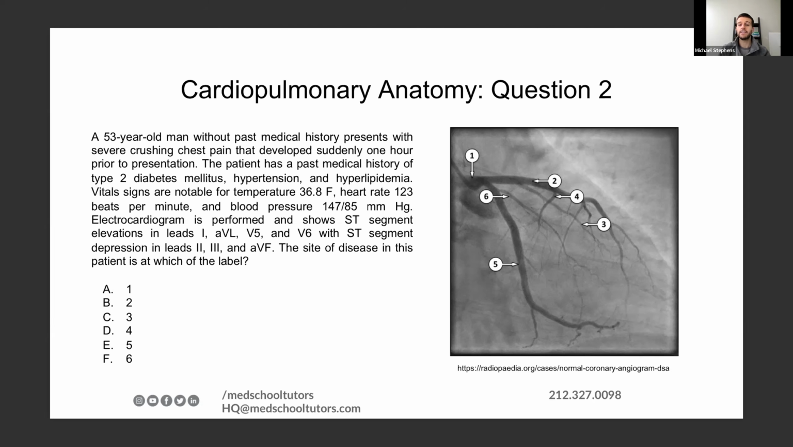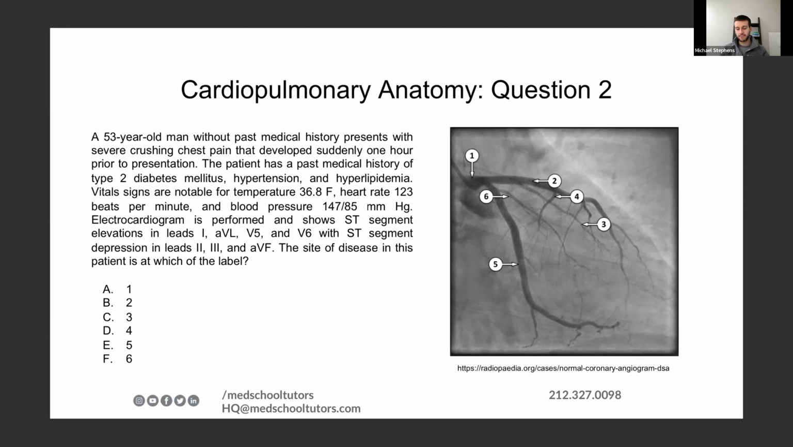2, 3, and AVF are going to be your right-sided leads, and those correspond to the inferior leads. I use the F in AVF and the F in inferior to help me keep that straight. And then for anteroseptal, we're going to have a schematic if this doesn't make sense in subsequent slides,